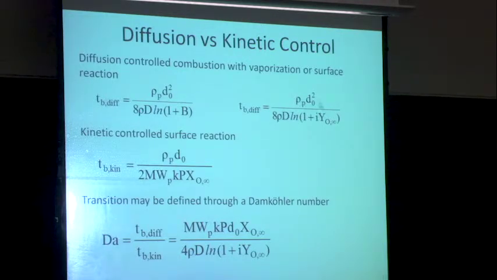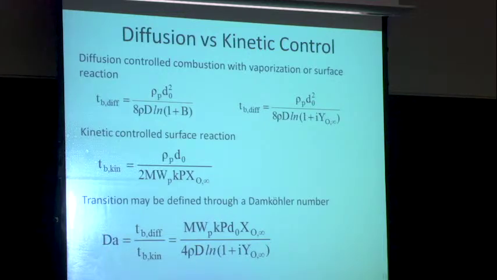This is the density of the particle, and obviously the particle squared. If I get into a regime now where this is a kinetically controlled process, and now I have a surface reaction with a rate constant, I end up getting basically a burn time that has a functional form like this. So in this case, you can see now, instead of being proportional to the diameter squared, the burn time is proportional to the diameter. And K here is the rate constant for the surface reaction, which is going to be temperature sensitive, and also now it's pressure sensitive as well, because that's going to also affect the rate of reaction